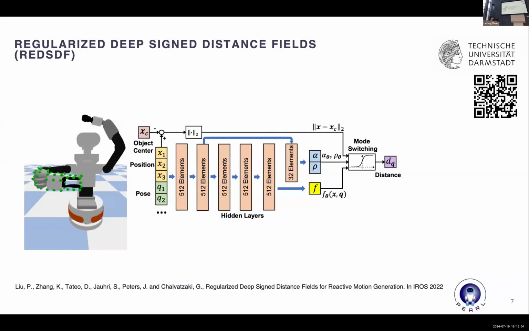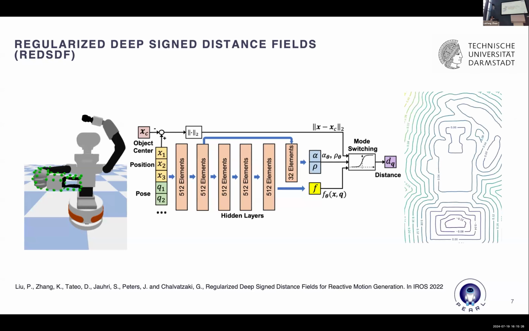One of the approaches that we use in robotics in order to define, for example, obstacle avoidance constraints is using deep signed distance fields. So early on, we were very interested in using these neural geometric representations like the deep signed distance fields in order to learn articulated object representations of this distance field that give us very nice level sets that we can then use in order to control our robots, for example, for full body control, or even